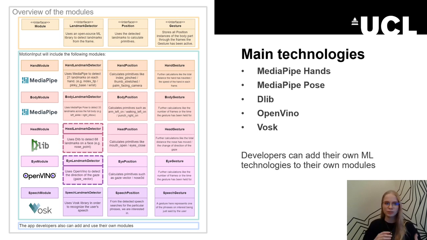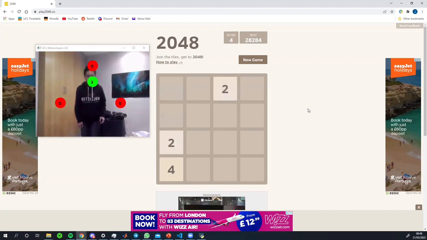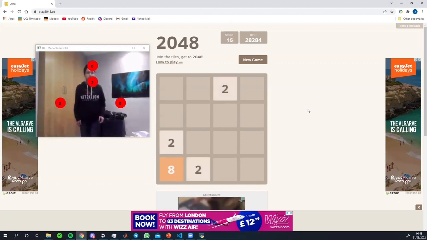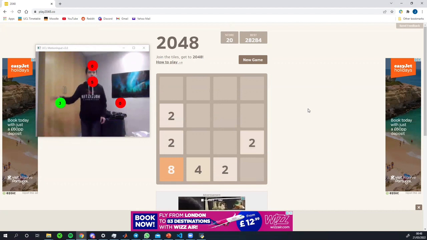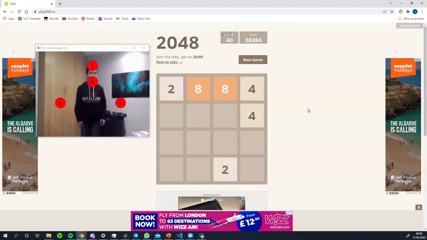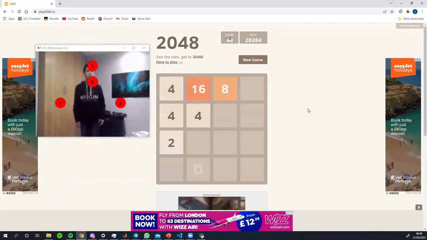What helps us use these heavy technologies simultaneously is the fact that for each frame, all modules are processed in separate threads. For a demo of the extremity trigger mode, this is a clip of it being used to play 2048, with the 4 hit triggers being mapped to the left, right, up and down arrow keys to move the